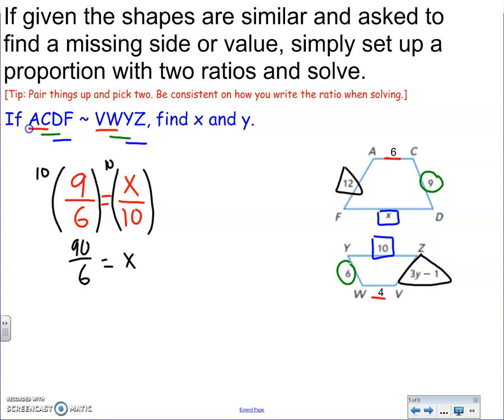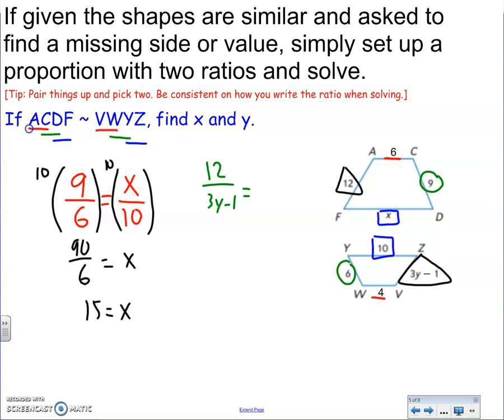90 over 6 is 15. I found x. Alright, I need to find another one. Let's find y. Y is that triangle pair. So let's try that. Let's do triangle over triangle. I'll do the top shape first. So top triangle over bottom triangle